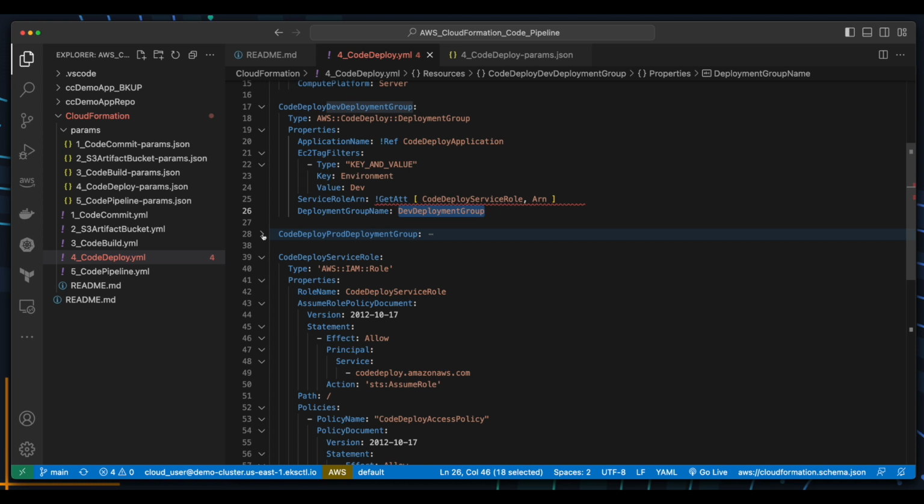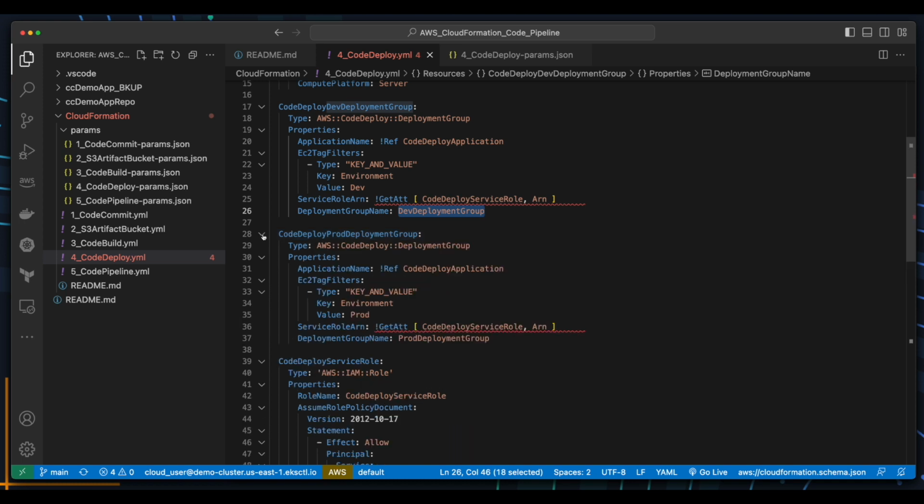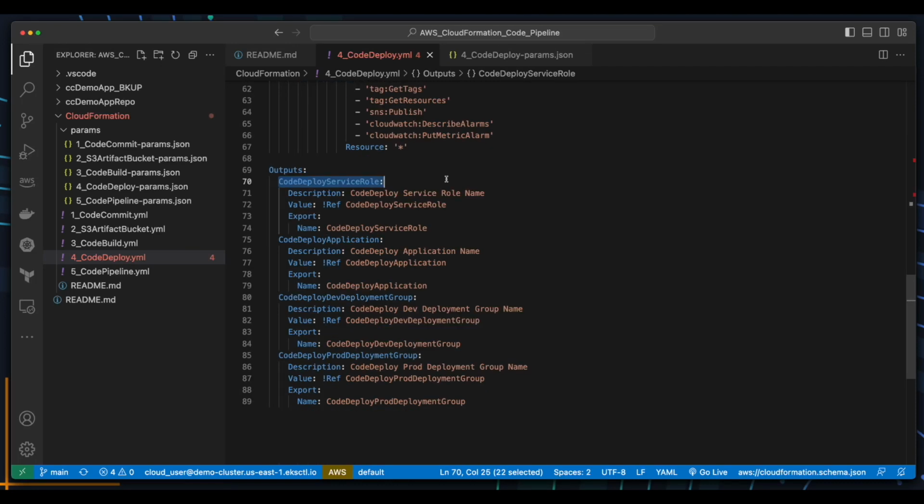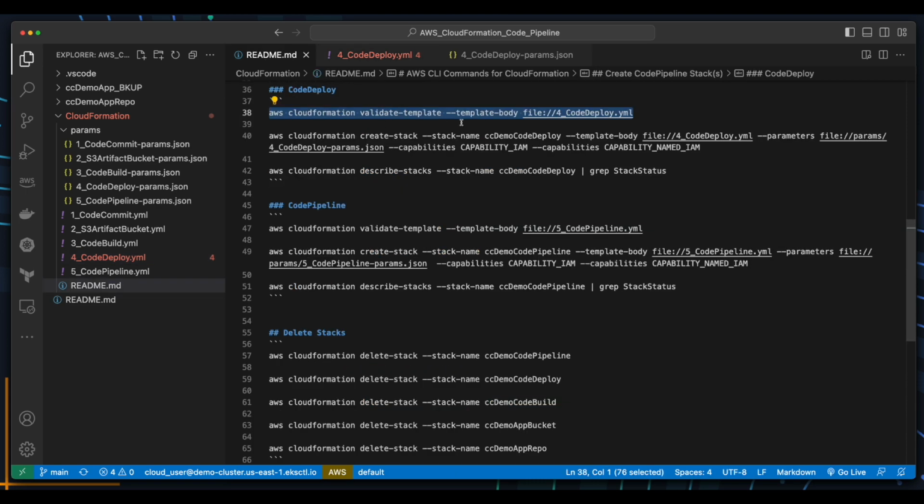The CodeDeploy Prod Deployment Group resource is similar to the Dev Deployment Group, the difference being that the environment key's value is prod, and the deployment group name is Prod Deployment Group. Finally, scrolling down to the output section, we see outputs for the CodeDeploy service role, which will be exported, the CodeDeploy application, which will be exported, and outputs with exports for the CodeDeploy Dev Deployment Group and CodeDeploy Prod Deployment Groups. So let's grab the CLI command to validate the template, jump into the terminal,